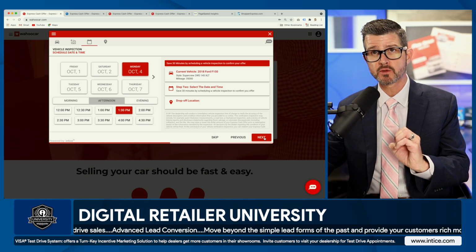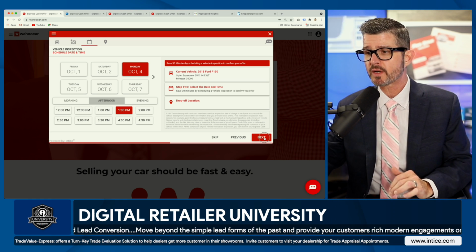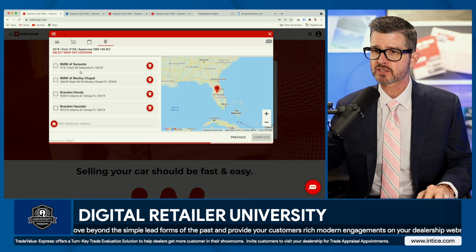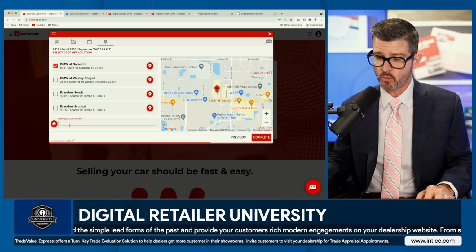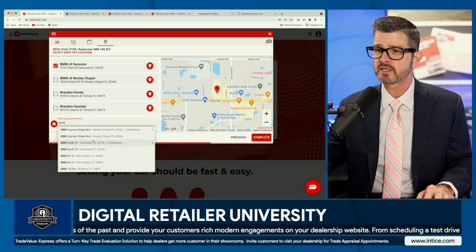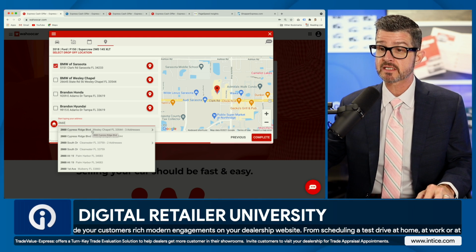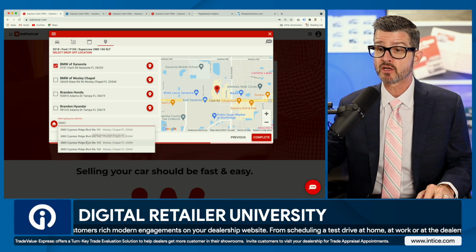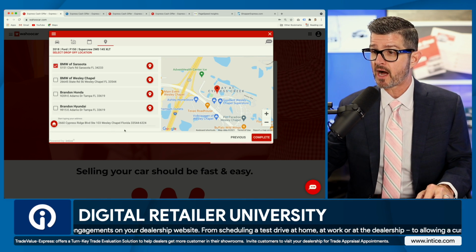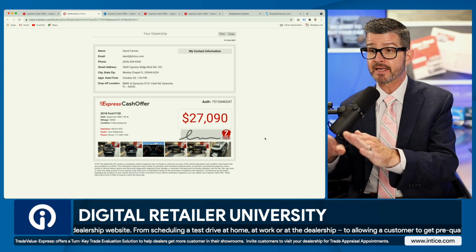And now for some dealerships and dealership groups, you might have multiple locations. So we have a multiple location selector right in our user experience. Now a customer can select what's going to be the closest. If they want to see where their address is in relationship to these dealerships, they can do it just by starting to type their address. We're going to serve up the most likely address that they're looking for, including an apartment number or suite number, and you can see that we're going to be able to show that on a map. And then I'm going to be able to complete the process,